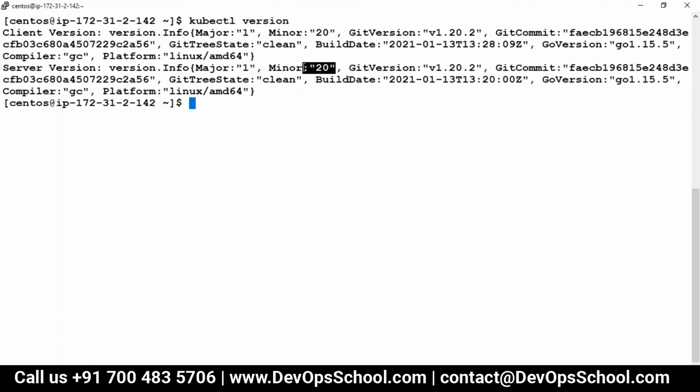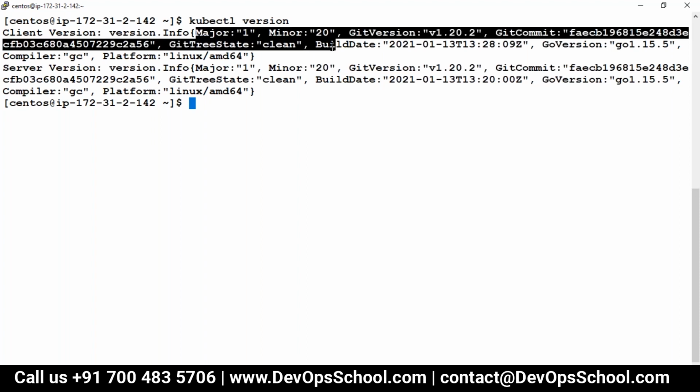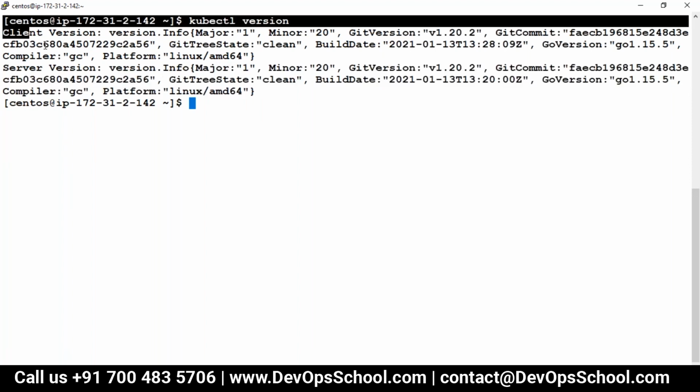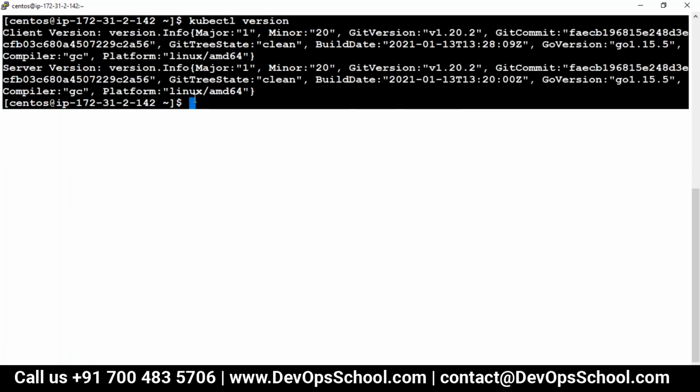Both are the same because it's just a new installation. But on the official page you will get a table showing which client supports which server version. Those mappings are there. Since we have installed a fresh one, everything is matching. So this is the version you can check.